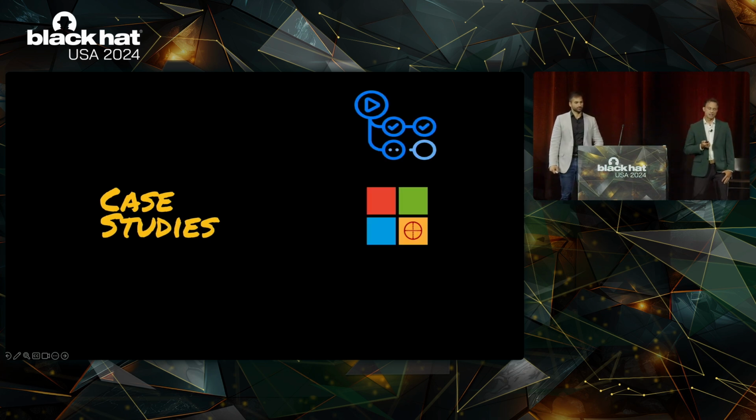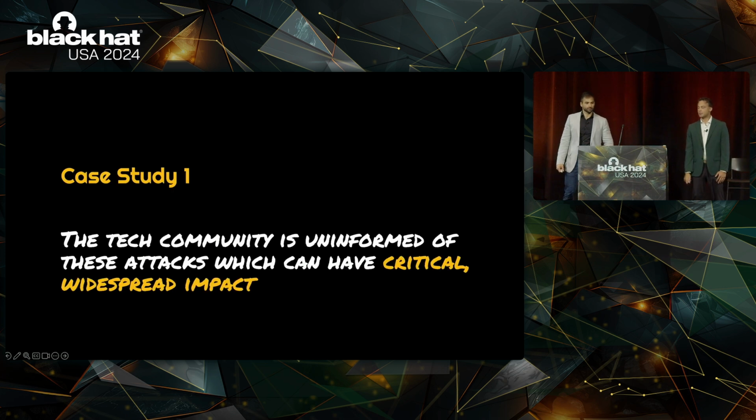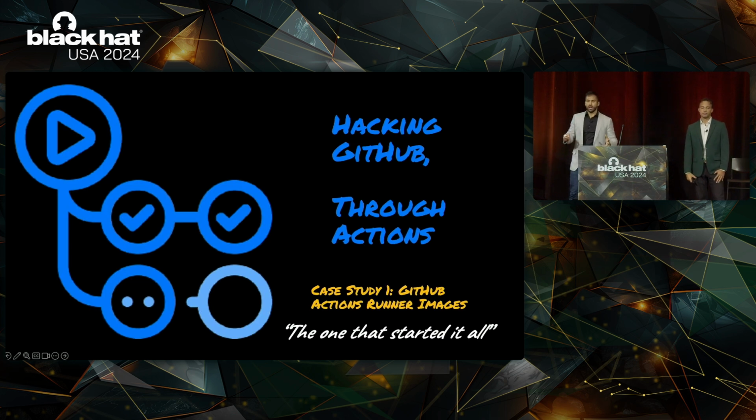And during these case studies, we're going to use each one of them to illustrate a unique point about self-hosted runner security and how an attacker can abuse them. The first case study, we're going to show that the tech community is uninformed of these attacks that can have critical, widespread impact. For the first case study, I'm going to talk about the vulnerability I submitted to GitHub on